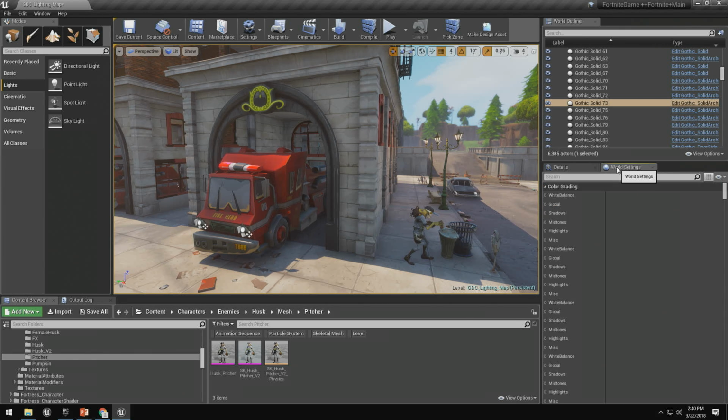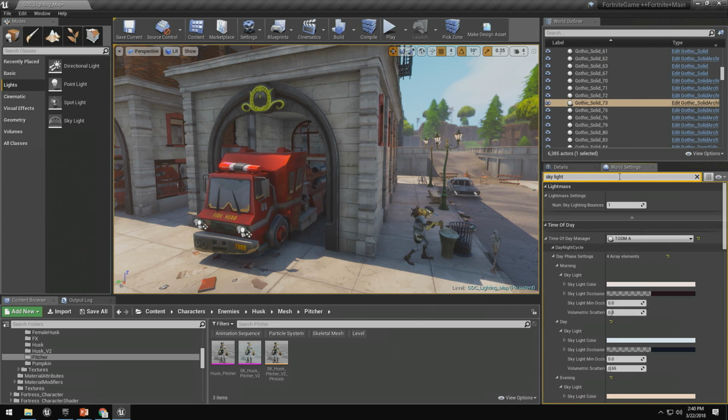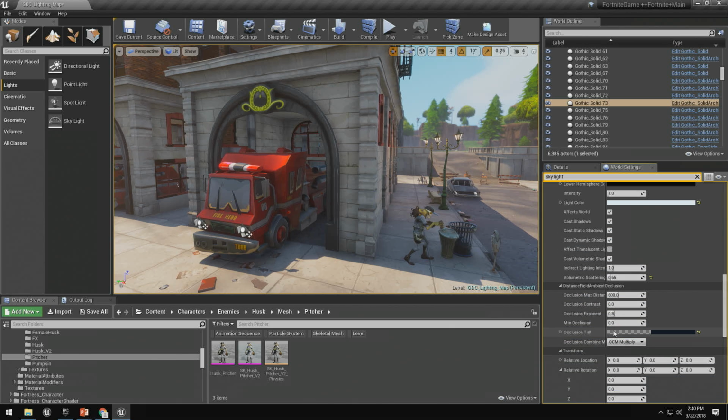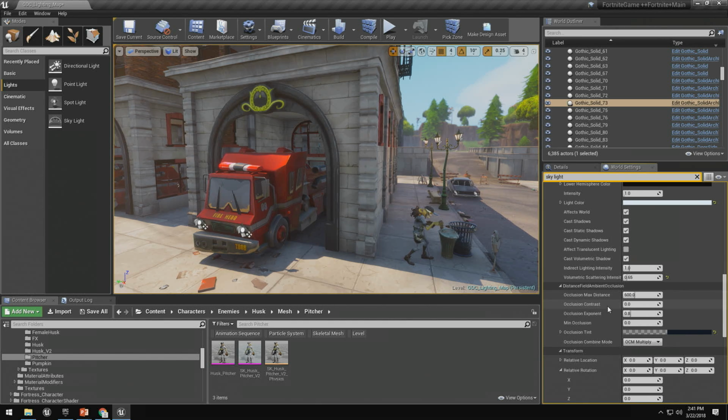And to show you its settings, I get to give you a tiny little window into the development of Fortnite. All of the levels in Fortnite need to be lit precisely the same way. So as a way to save time, we take all of the important lights in a Fortnite level and we add them into the world object. So if I just go to world settings and I search for the skylight, I can scroll down a little bit and here's all of the settings for my skylight. I don't have to dig for an individual actor. Now, the most important setting that affects ambient occlusion is called max distance. So it's occlusion max distance. This is how far the algorithm reaches to decide if two objects should be shadowing one another.